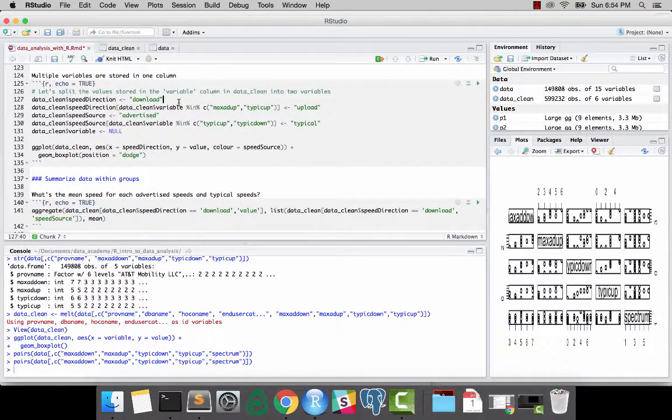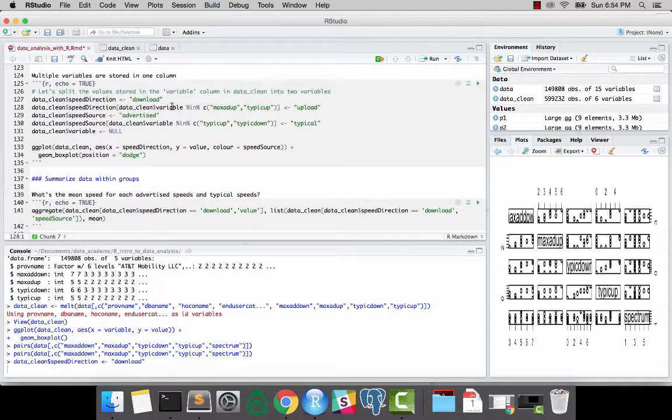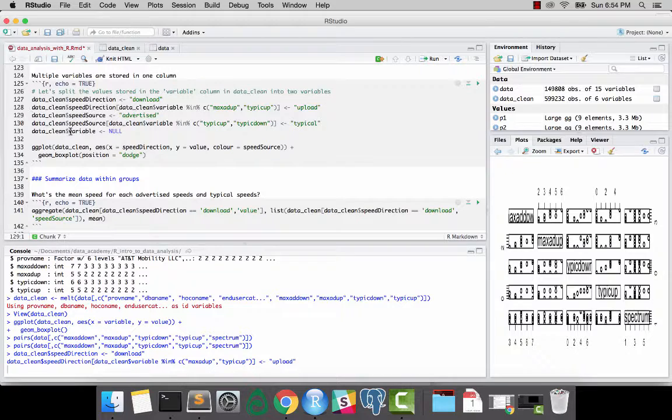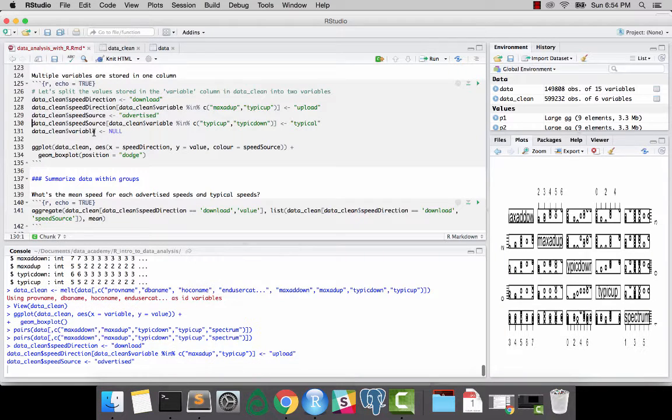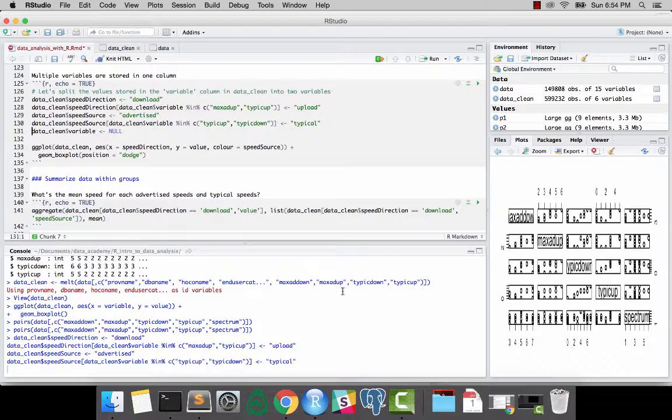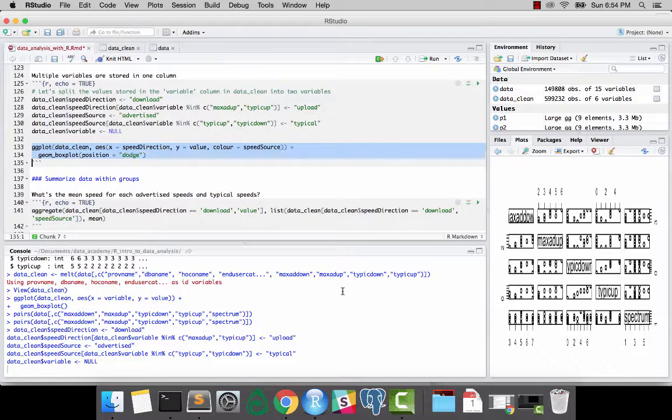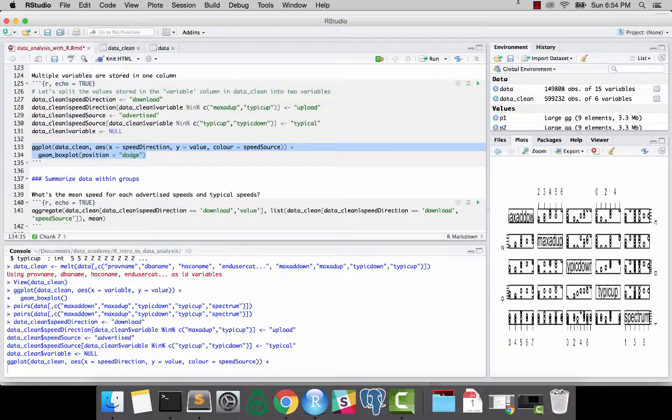So we're going to create this speed direction variable and just have all of it show up as download. And then go back and for every instance where our variable value is either max add up or typic up, we're going to indicate that that's actually an upload speed rather than download speed. And then we're going to do something similar for advertised versus typical. And then we're going to go ahead and get rid of the variable column, which was what melt created for us. So if we take a look at our values now,